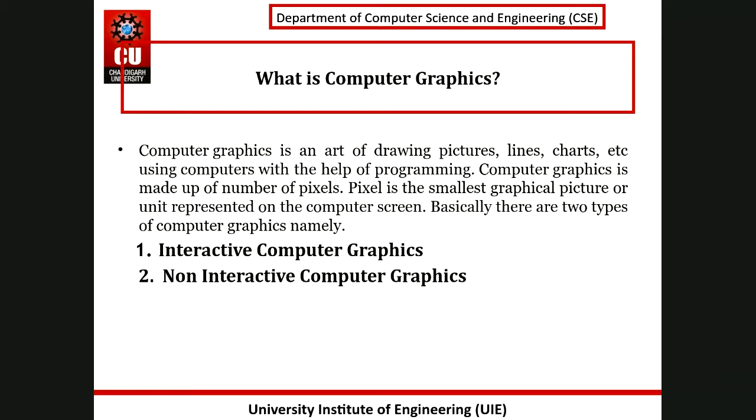Next is we can add special effects. What do you mean by special effects? One special effect is colors. Like you can see in the images, one part of a particular picture is highly shaded and second part is lightly shaded. Means a particular part is dark and some other part is light. So shading will be provided in case of computer graphics, but in case of manual drafting we cannot provide proper shading effect on particular images. Clear to this point or not?